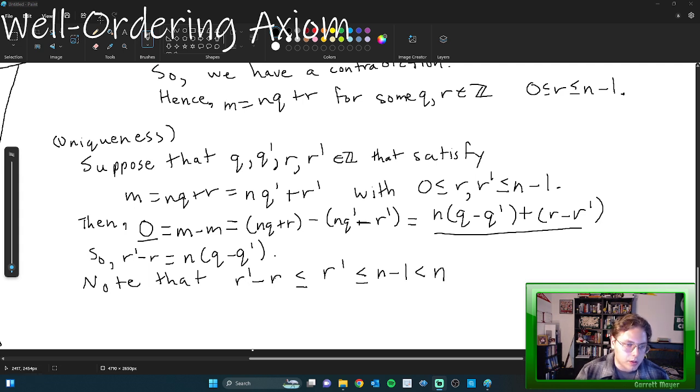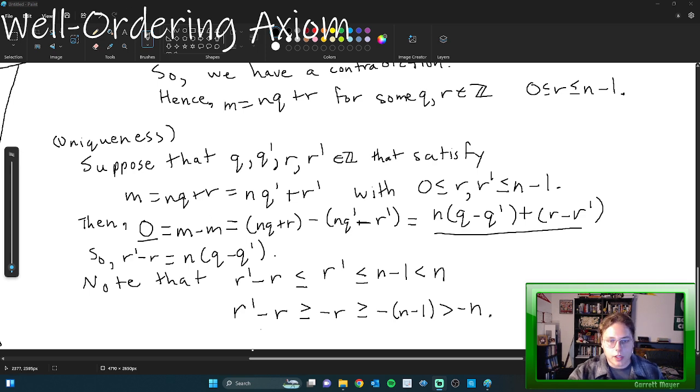So r prime minus r is obviously going to be less than or equal to r prime, because both r's are greater than or equal to 0, and r prime is less than or equal to n minus 1, just from the definition of r prime here, which is ultimately less than n. Additionally, we know that r prime minus r is greater than or equal to negative r, because we're taking this negative r and adding a positive term, this r prime. And this is going to be greater than or equal to negative n minus 1, which is greater than negative n. Okay, now let's move to the top again